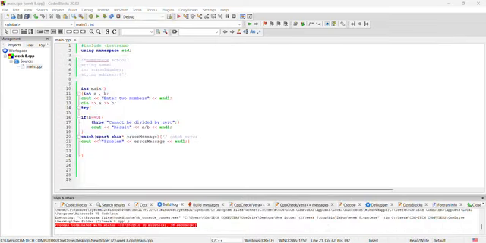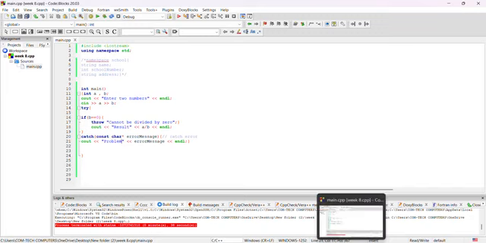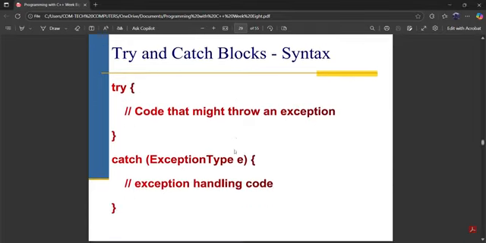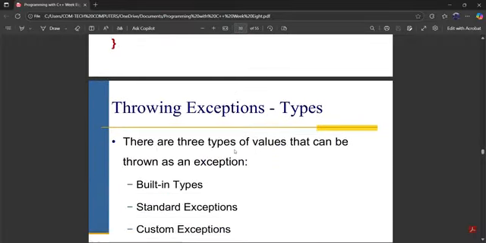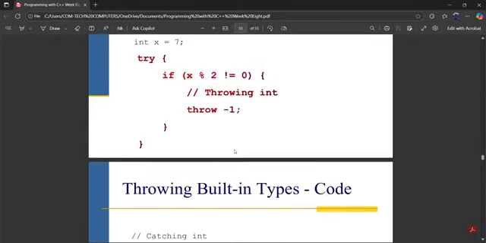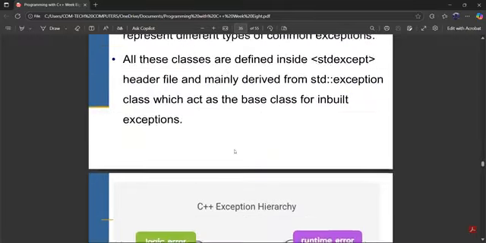So that is basically how the try and catch exception handling works. That is what I have shown you. Let's move on to